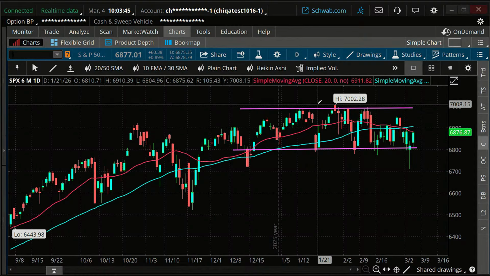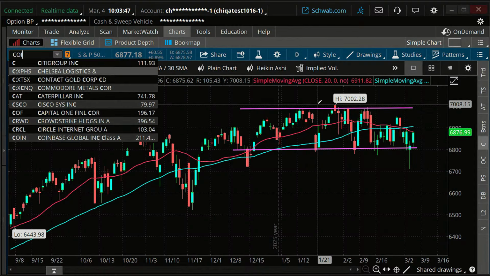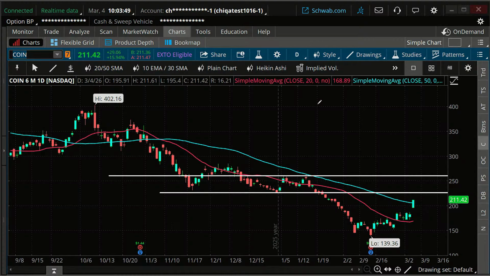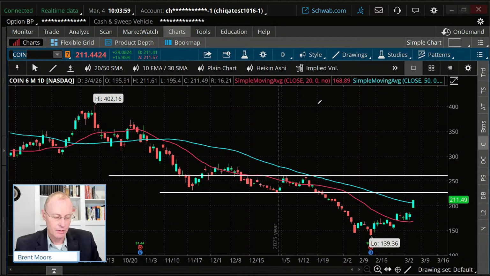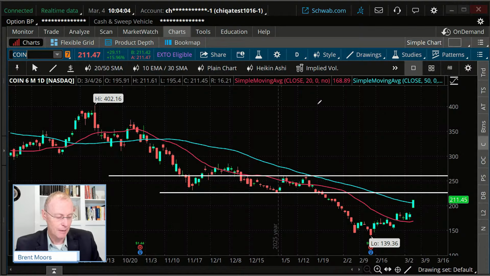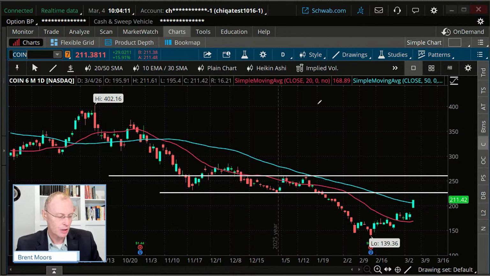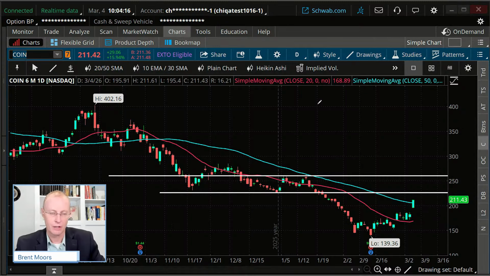Let me pull up a stock here. I'm going to pull up Coinbase, okay? And just a reminder as we talk about Coinbase, because a lot of the value of Coinbase is derived from crypto, that digital currencies are highly volatile and not backed by any central bank or government. Digital currencies lack many of the regulations and consumer protections that legal tender currencies and regulated securities have. And due to the high level of risk, investors should view digital currencies as purely speculative instruments there. Okay, so let me just get that out of the way.